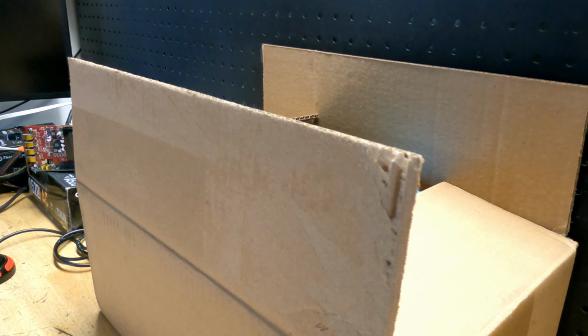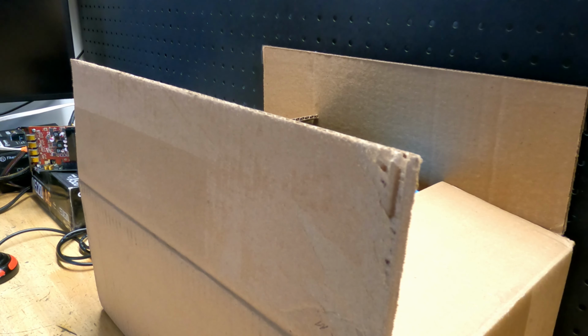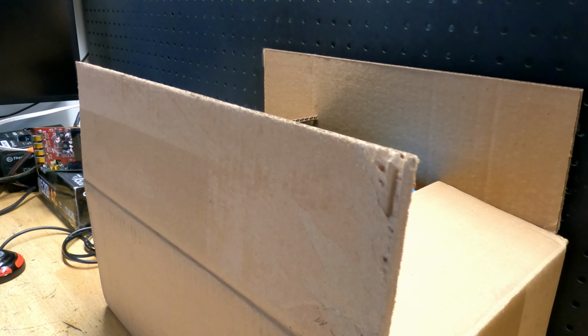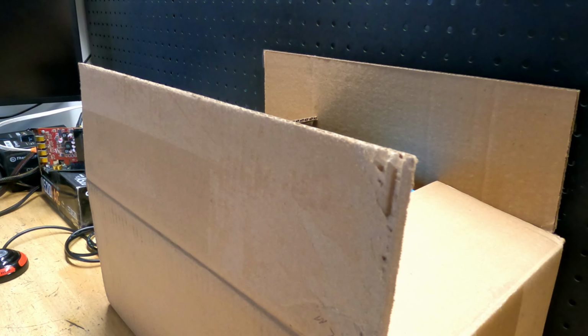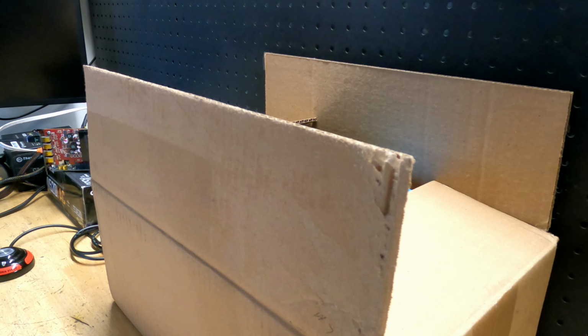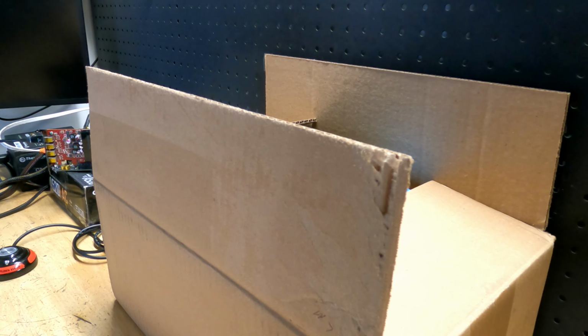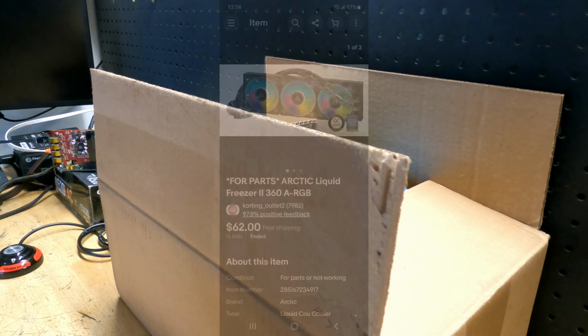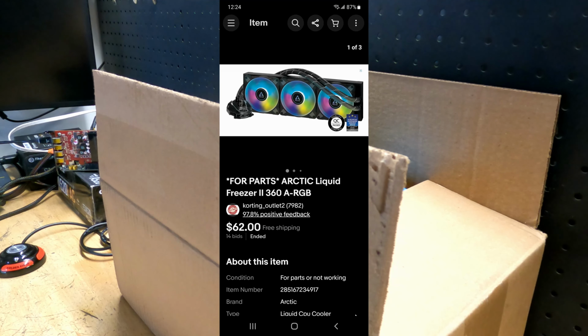And that leads me to this mystery box. Well, not much of a mystery if you saw the thumbnail. Maybe I'll make it a thumbnail, maybe not. We'll see what happens. But I got online and was just browsing for stuff, and I found a seller that was selling coolers and different things, some broken, some not broken. This one was an Arctic 360. It was a cooler, and I'll post pictures of the ad and everything that it was saying, but in a nutshell,